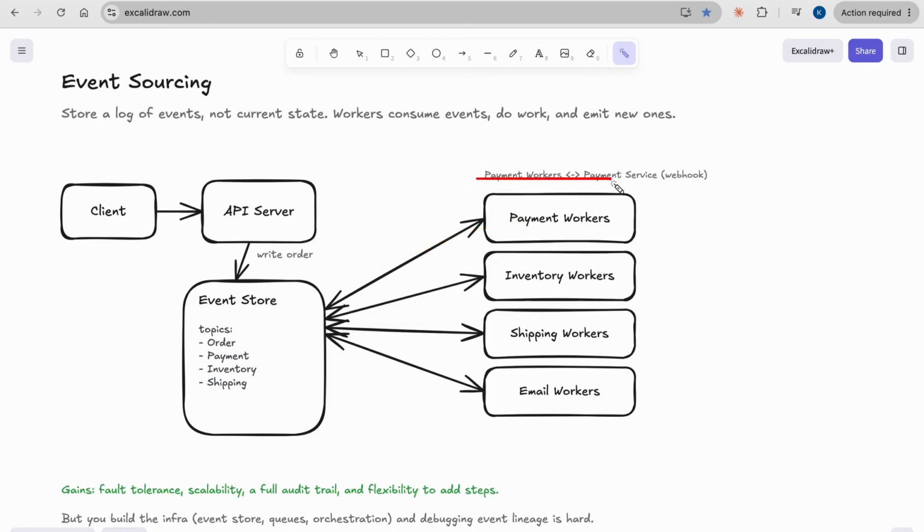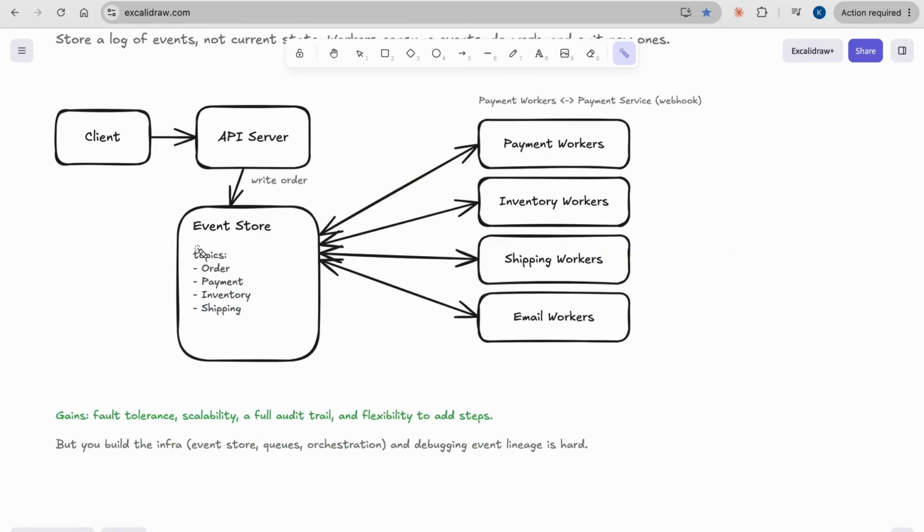Here we have payment workers, inventory workers and shipping workers, and when the event triggers, it picks up these workers and they do the job. That's what the event store does in double duty: it holds the entire history of the system and also drives the next steps.